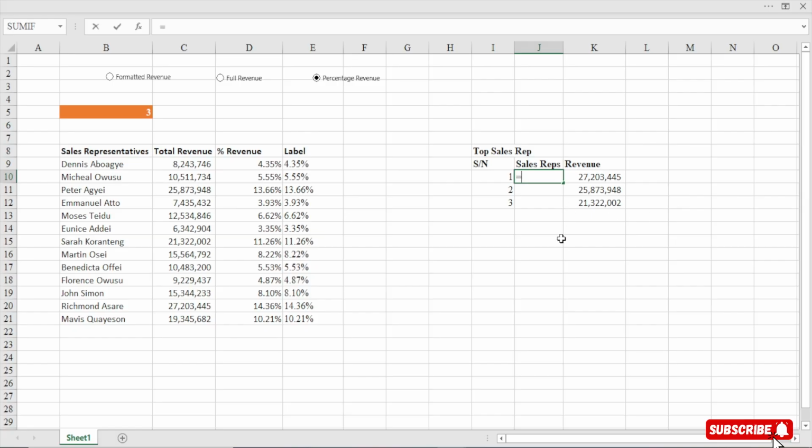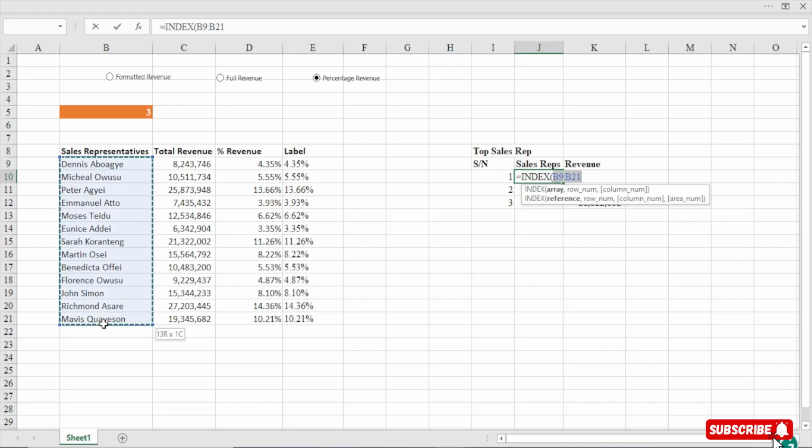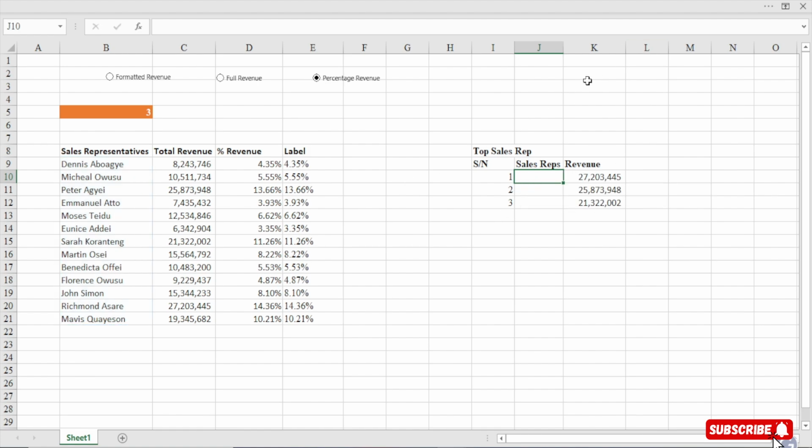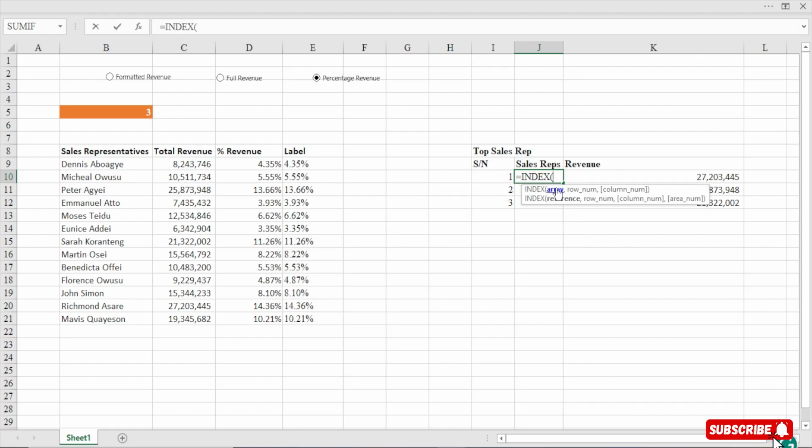Perfect. So what I'm going to do is use the INDEX function, and then the array is this, what I'm looking for, right? This is what I want to return. So this becomes my array, right? So F4 to lock it, then comma. But first of all, let me extend this so that the formula will not cover this one. So this is the INDEX function.